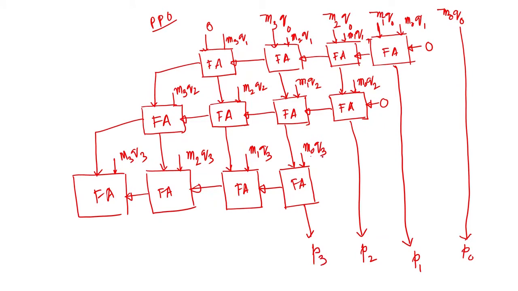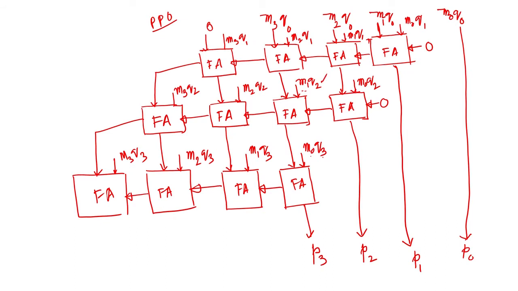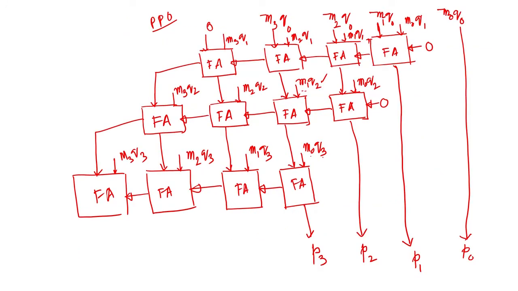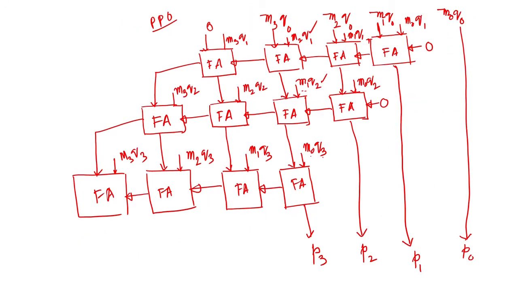P3 will add M0 Q3, M1 Q2, M3 Q0, M2 Q1 and M1 Q1. So, this is 4 terms. You can see M3 Q0, M2 Q1, M1 Q2 and M0 Q3. So, what you can see here is M0 Q3, then M1 Q2, then M2 Q1 and M3 Q0. So, these 4 terms will form P3